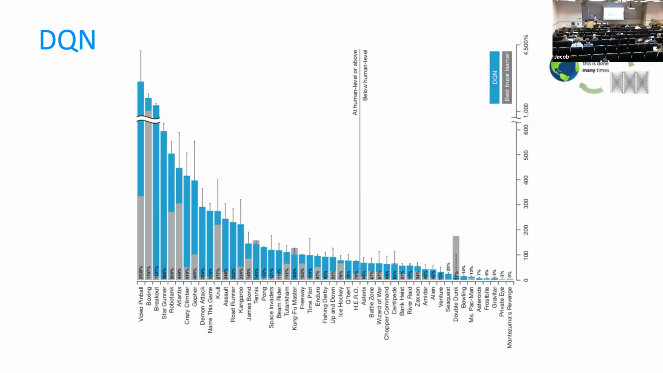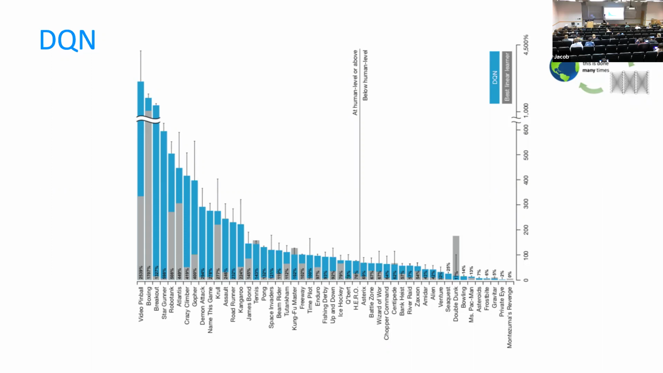So just to see how well this algorithm works, on the x-axis we have different games, and also a comparison relative to human performance. For games on the left of this vertical line, DQN outperforms humans, and for games on the right side of this line,